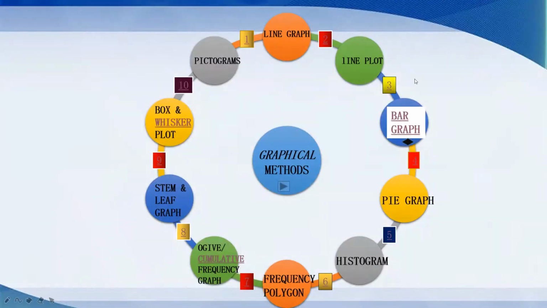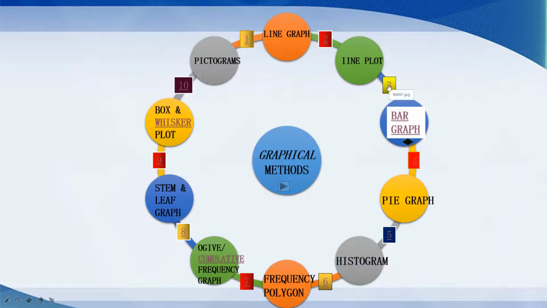Now let's see what is a bar graph. In bar graphs, data is represented by bars, and this can be made in any direction, that is either vertical or horizontal. The bars are taken of equal width and start from a common horizontal or vertical line, and their length indicates the corresponding values of statistical data. So let me show an example for this.